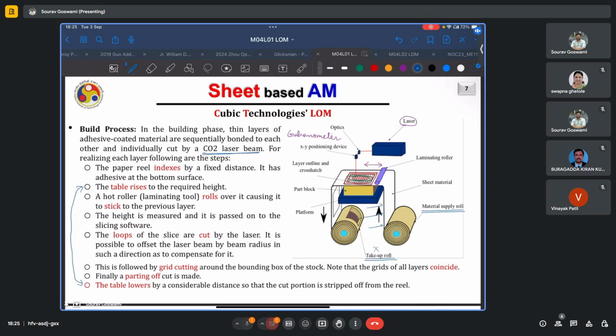And here we may use a smaller diameter or a lower speed to ensure greater precision. This is followed by grid cutting around the bounding box of the stock. Now the grids of all the layers coincide, and why this is so is because at the end of the process, you will end up with a block, say a cubical block,